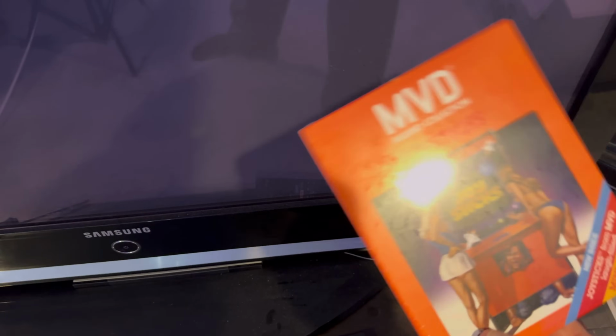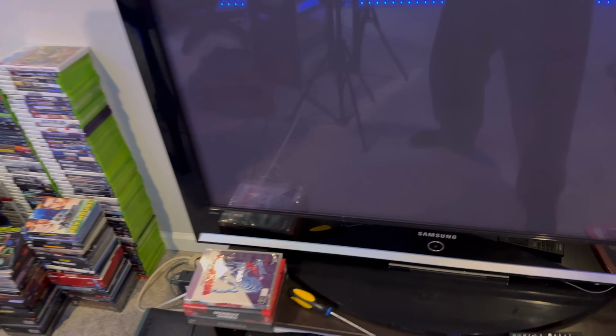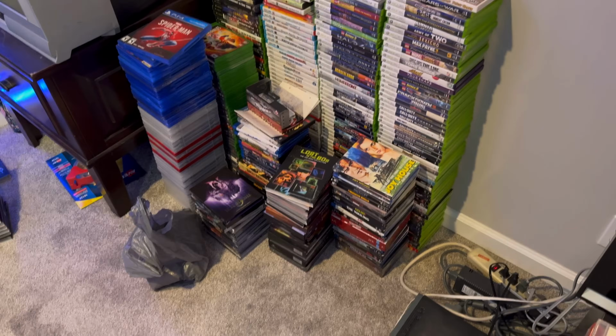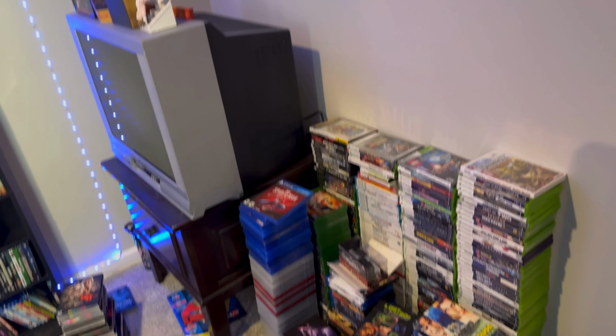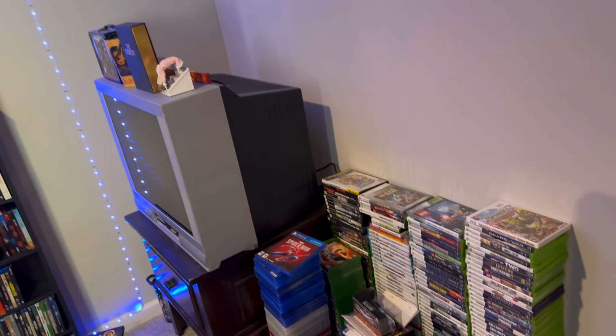And ignore this, guys. I never showed this off because there was an issue and they're supposed to be sending me another one, that Joysticks MVD Rewind. I say ignore it, but then I pulled it up. But anyway, I got a bunch of, this was all my December stuff, I think. That's on the ground right there. That's when you know you got a problem. When all your stuff just keeps going to the ground,